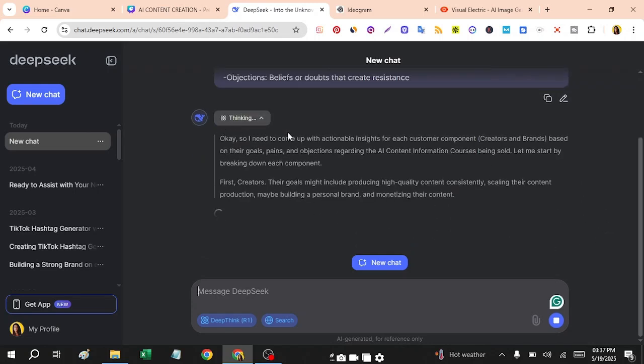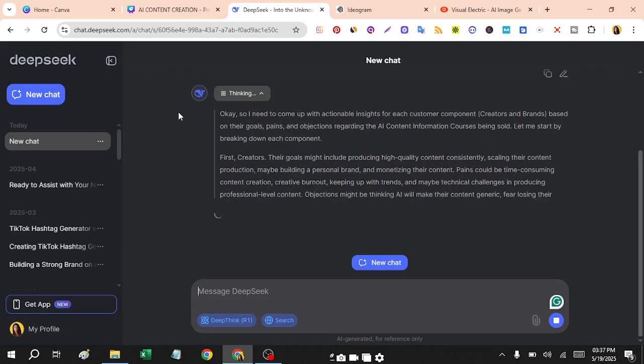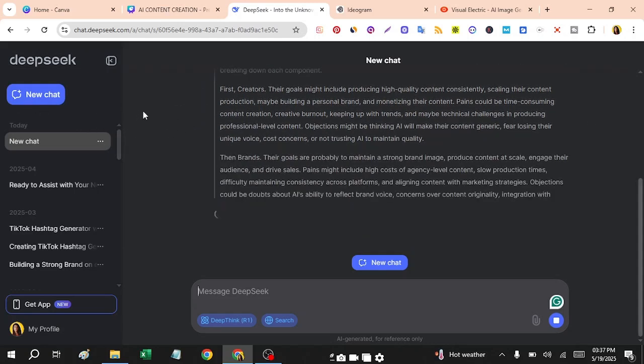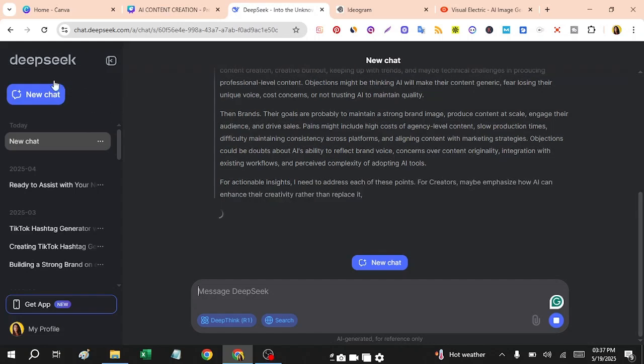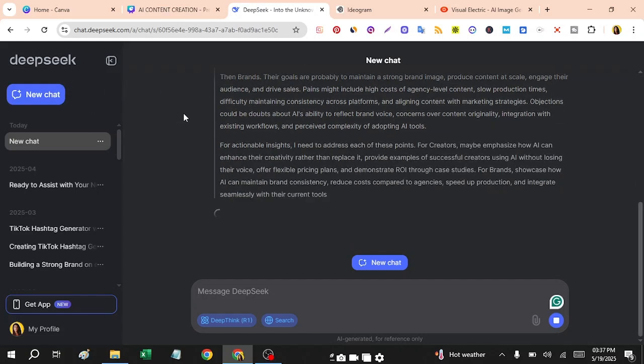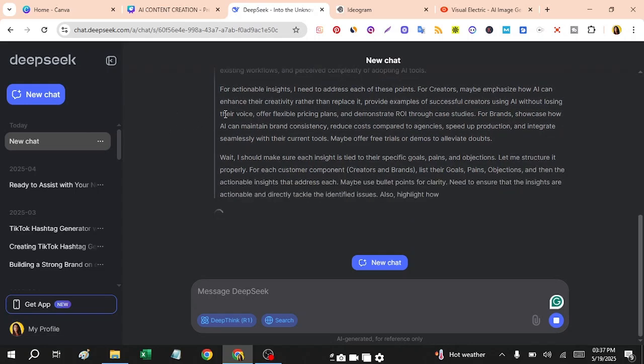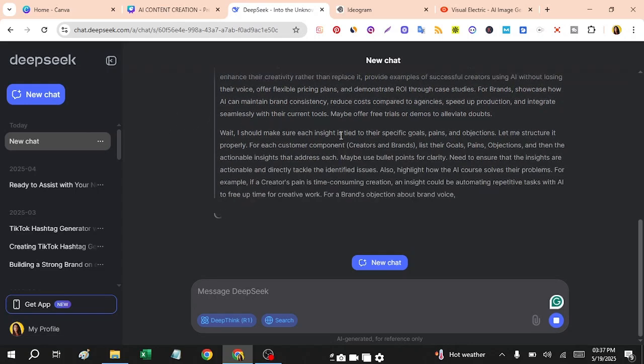Here you can see this is thinking. DeepSeek is actually an amazing tool when you compare it with a lot of other tools like Gemini or Copilot, or grok.com. All those tools are actually good.